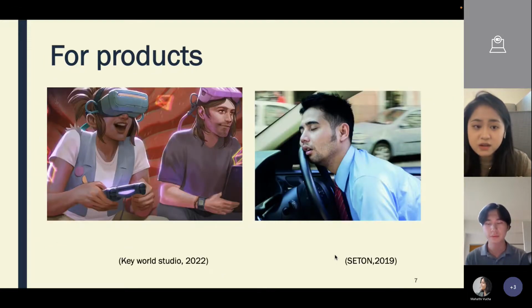And for products, the game company can use it to collect the emotions of the players to improve their product, and car companies can use cameras to identify whether the driver looks tired and change the driving style of the automated driver.